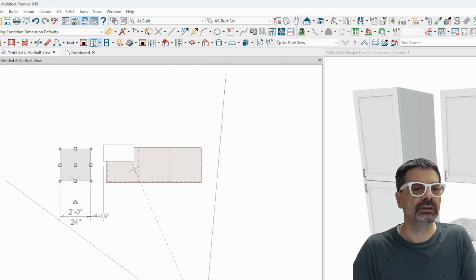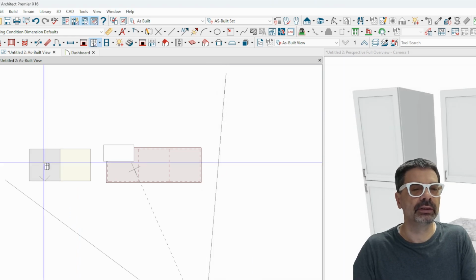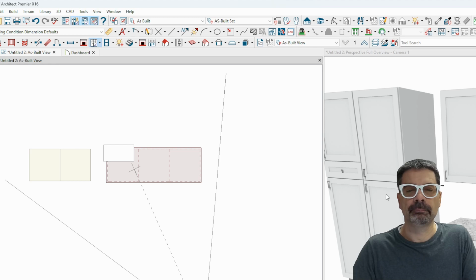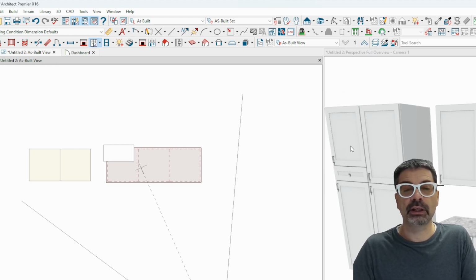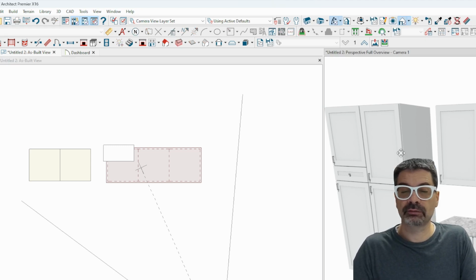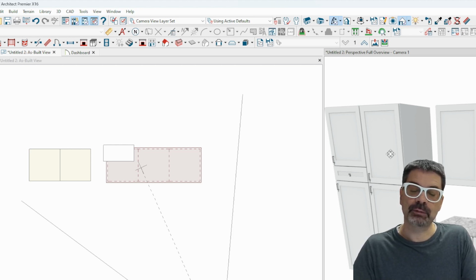So let's go here and just add another. There we go. So the default now, I changed the default after placing this full height cabinet. You'll notice that did not change the face of the cabinets that were already inserted into the model. It changed the face of the next ones. If I were to add another one here,